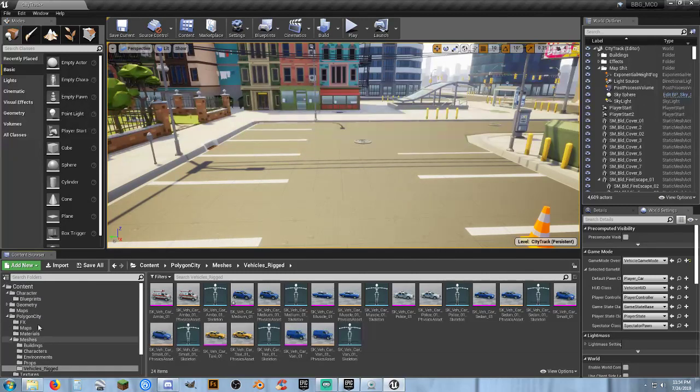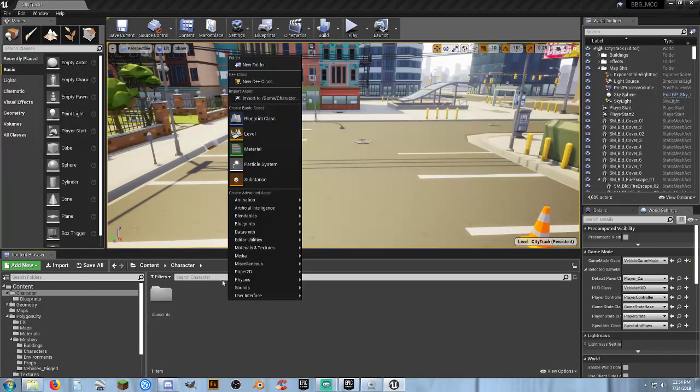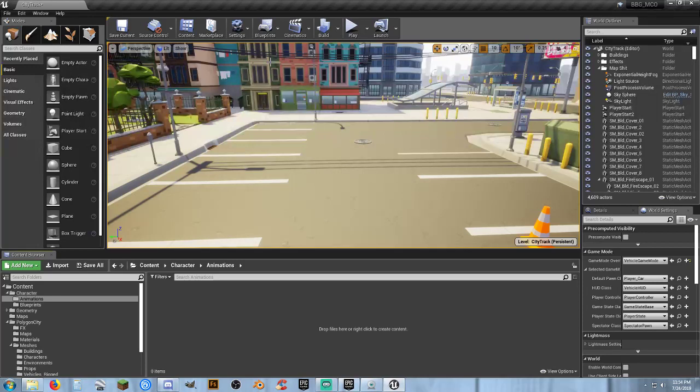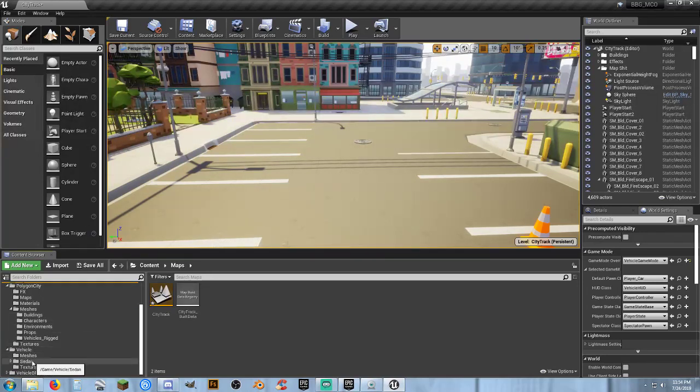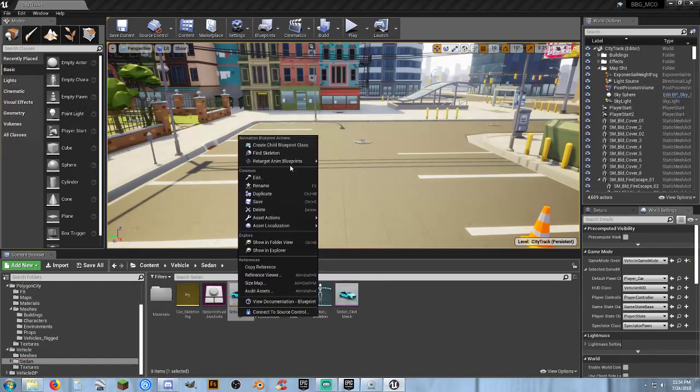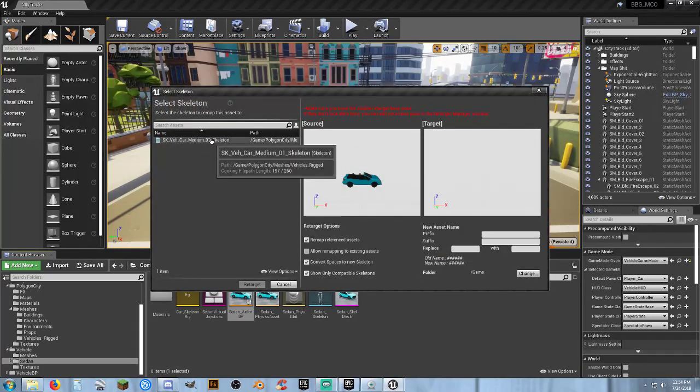So what we'll do here is in our character folder, I'm going to go ahead and create a new folder called, and I swear I thought I made these already, animations. We'll go back to our sedan. We have our animation blueprint here. So I'm going to right click on that and retarget animation blueprint. I'm going to select our car here, and I'm going to replace